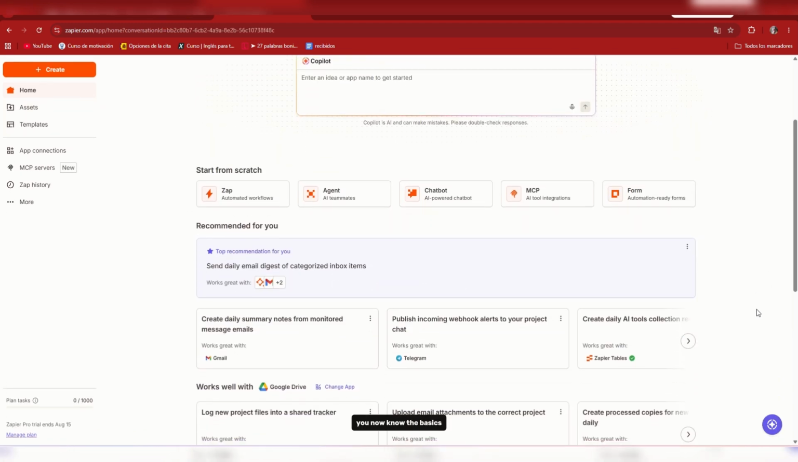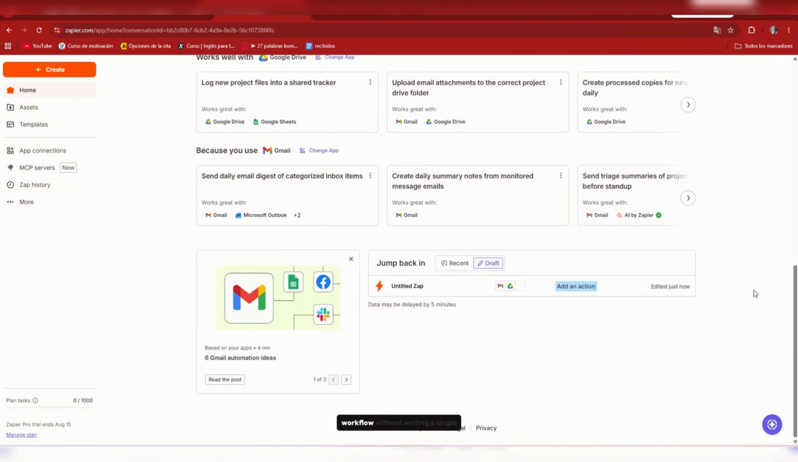That's it. You now know the basics of Zapier and how to create your first automated workflow without writing a